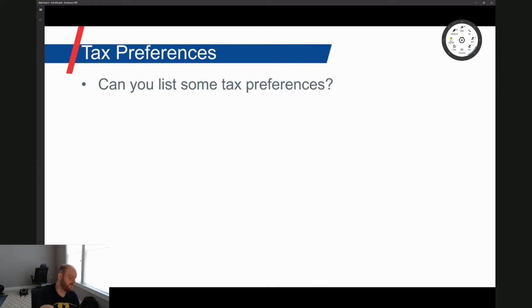So some examples of tax preferences are, for instance, the favorable treatment of married individuals when they're paying taxes. As we get deeper into this idea of individual tax returns, you'll see that the deductions and credits allowed for married individuals and individuals with children are greater than the deductions and credits allowed for individuals that don't have children. Why? Because marriage, the formation of a family, is something that the government, the taxing body, wants to encourage, right? We want people to get married. We want people to have children. That's why we put tax preferences in place, which encourage getting married and having children.